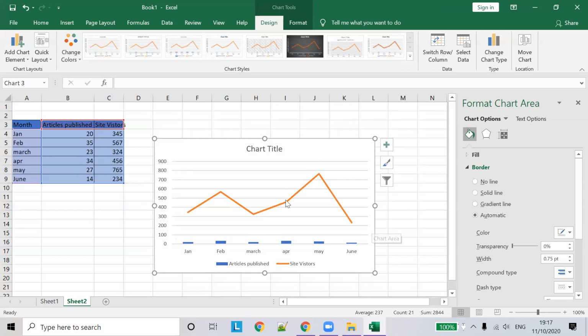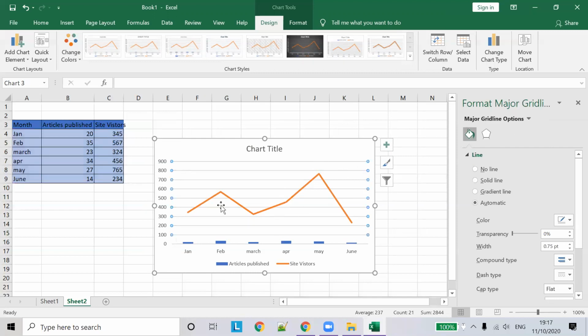If you want to display the data for the articles published also, we can. Here we have 0 to 100, but it is mapped to only articles published, it's showing here, right?